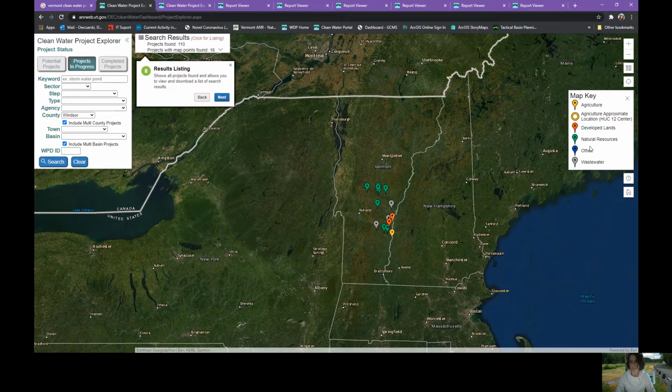So you can see the projects are listed by sector type and by color. And then you can go to the results listing, and this shows all the projects found and allows you to view and download a list of the search results. So very similar to the Watershed Projects database. But one thing that you may see here